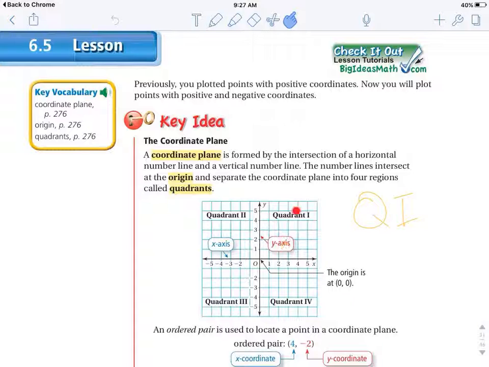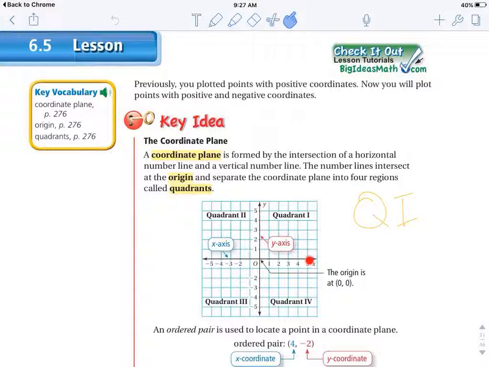For example, in quadrant 1, both the x and the y's are positive. In quadrant 2, the x's are now negative because we went this way, but the y's are positive because you're still above the x-axis. Quadrant 3, both are negative, and in quadrant 4, x's are positive and y's are negative. So just by looking at a coordinate point, you should have enough understanding to know where it falls in the coordinate plane. The other thing we need to watch for is if it actually falls on an axis, say